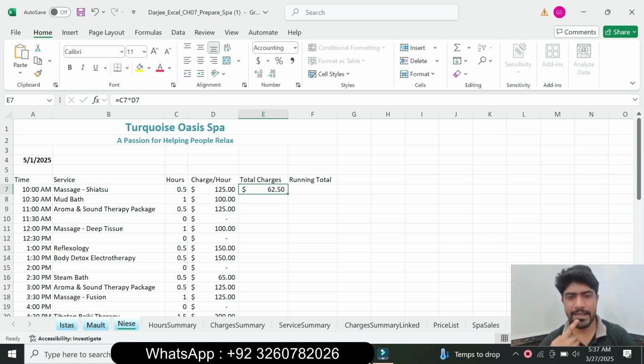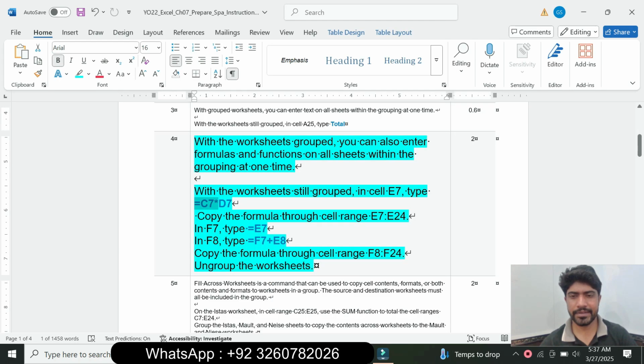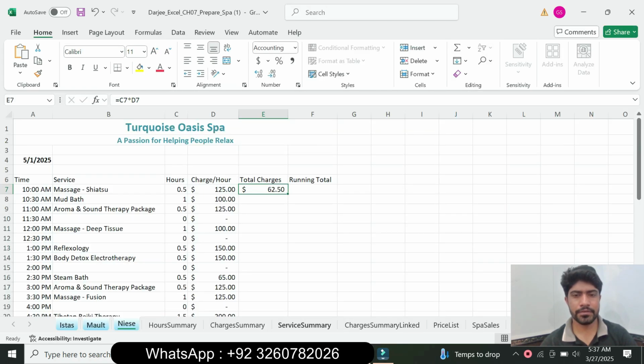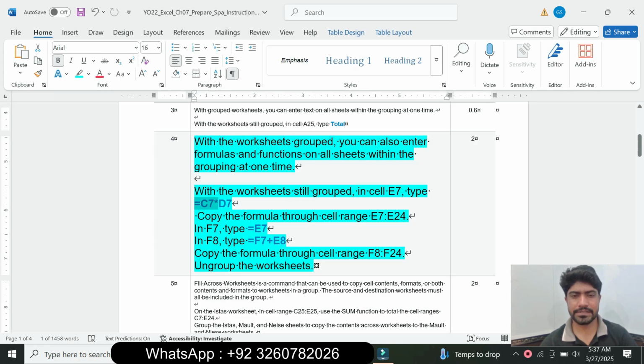So the result is 62.50. And next is copy the formula